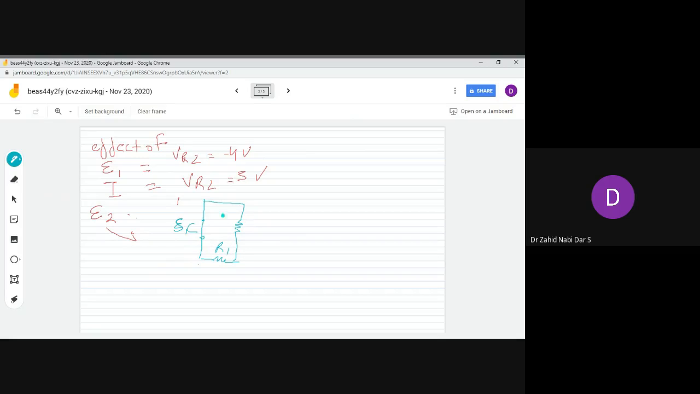So this would be R1, this would be R2 as it is. This is 2.4 kilo ohm, this is 1.6 kilo ohm, and then you have this as open circuit. So you have to only take the effect of this 32 volts. And this R3 is equal to